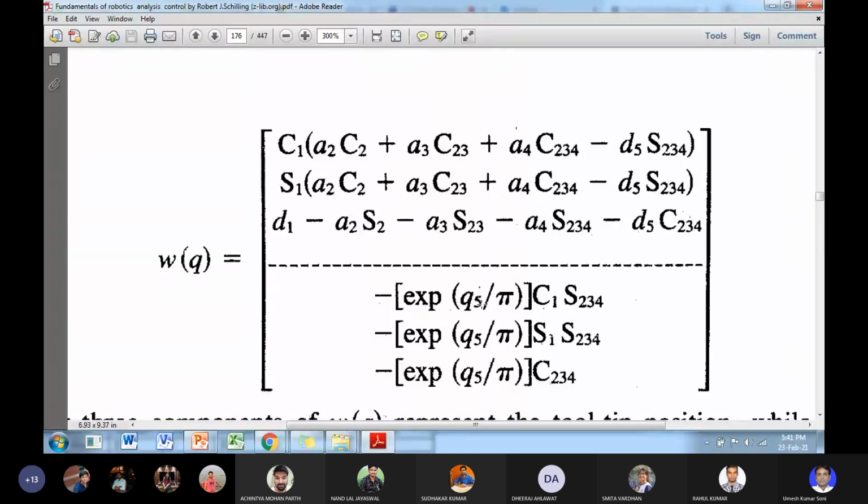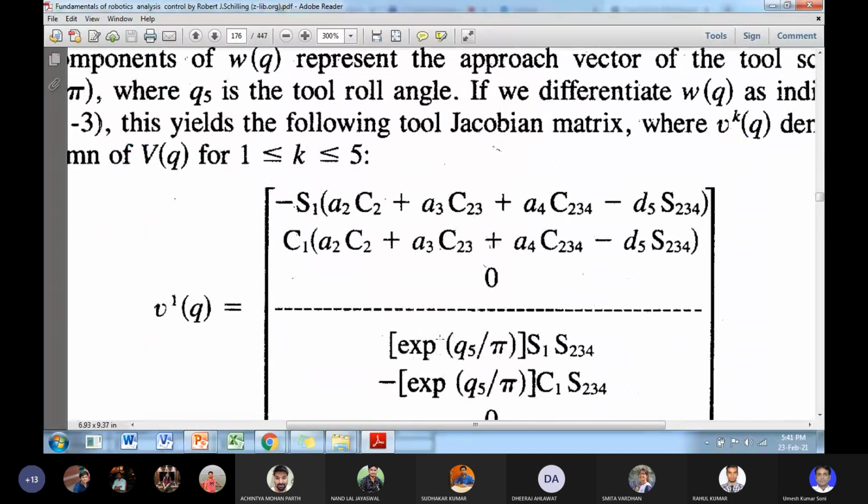According to the change in the desired position of the tool, there will be a change in the angle of each joint, so there will be a joint velocity also. Whenever there is a change in velocity, we need the Jacobian for transforming this tool configuration velocity to the joint velocities. So Jacobian represents this. So the value at last with respect to theta 5 will be